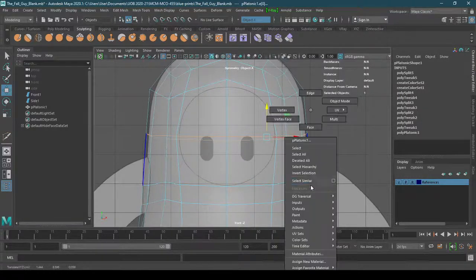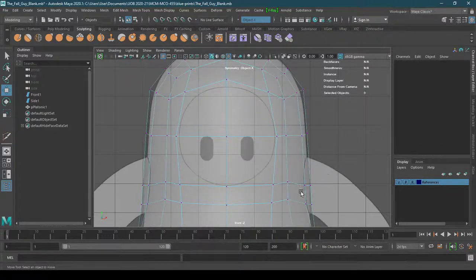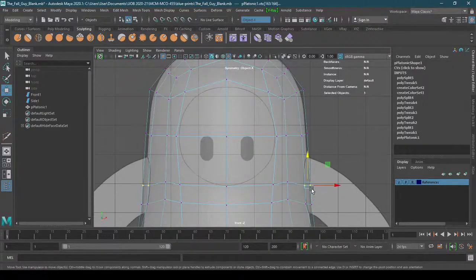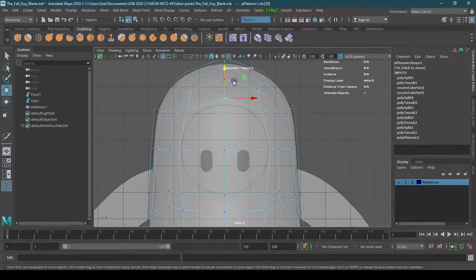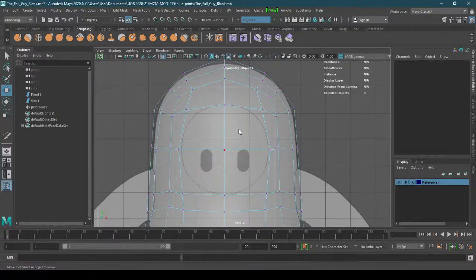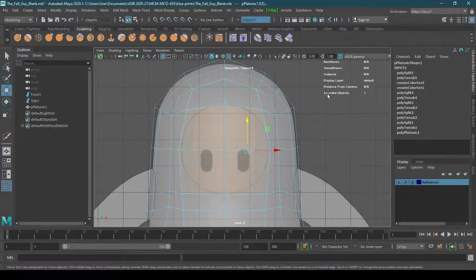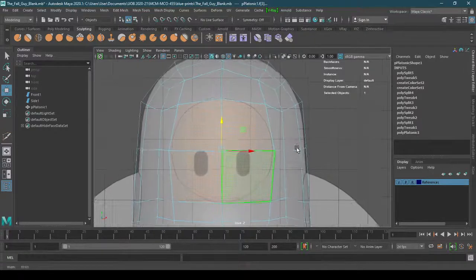Now I will go to my vertices, take all these vertices from here. I don't need to work on it right now because the faces which are behind are hidden. So once I unhide them, then I will work. But here I have to move this one, shift control and slide it down. Okay, then shift control, slide this one. Okay, now I will right click, go to faces mode, select these faces, go out of this symmetry mode,